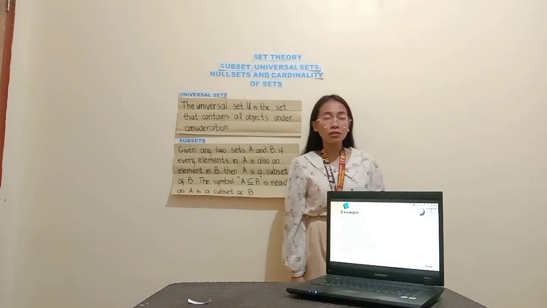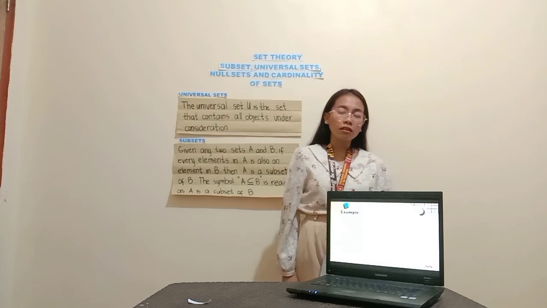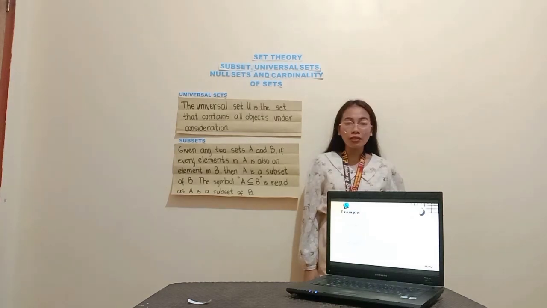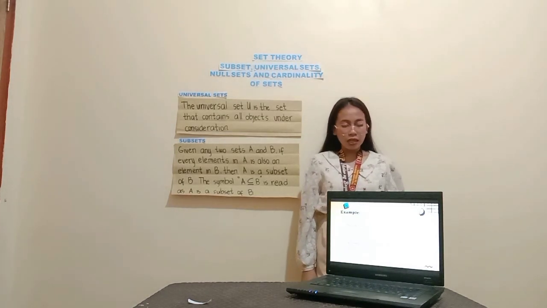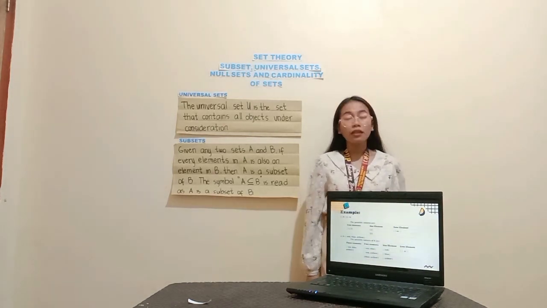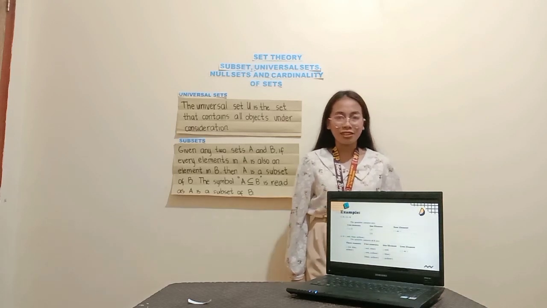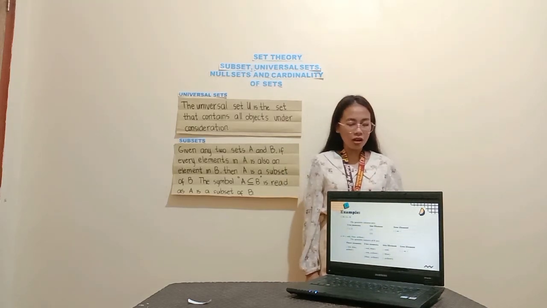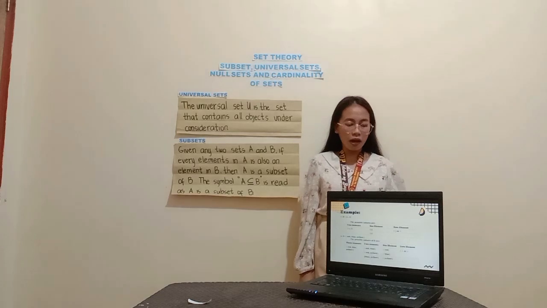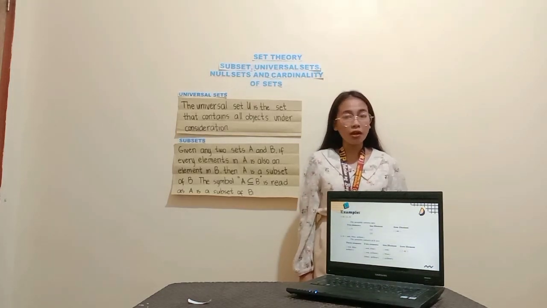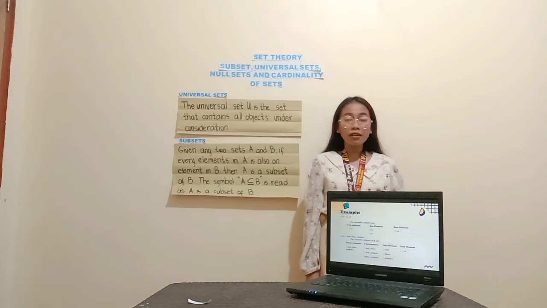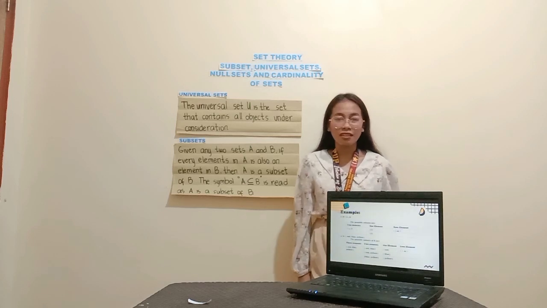So let's proceed to an example. R is equal to the set of 1 and 2. These are the possible subsets. With two elements, we can combine 1 and 2. With one element, we can have the set of 1 or the set of 2. And with zero elements, it is the empty or null set. Next example is the set of red, blue, and yellow. With three elements, we can combine red, blue, and yellow. With two elements, we can combine red and blue, red and yellow, and blue and yellow.